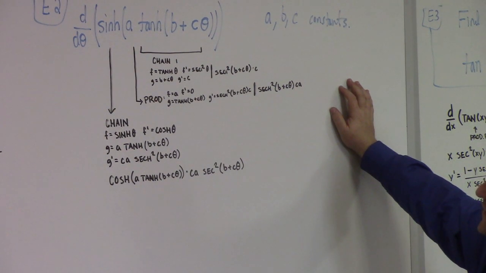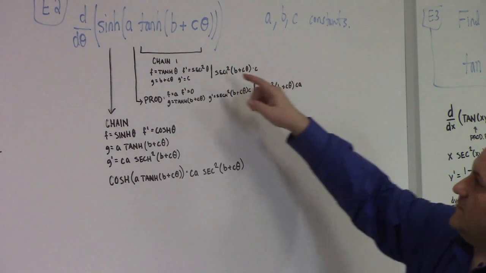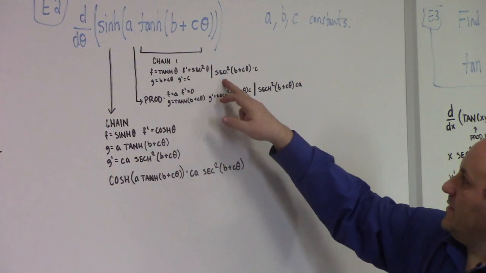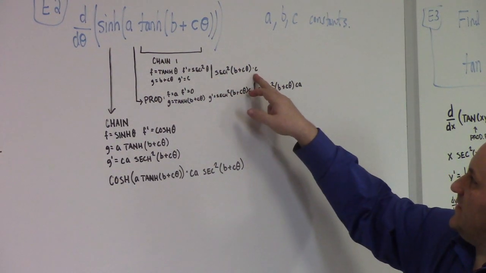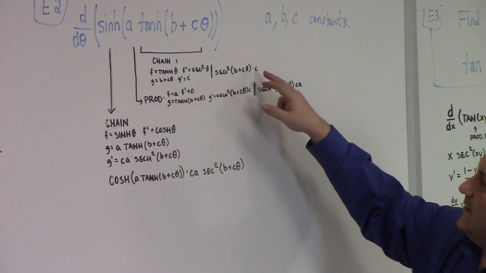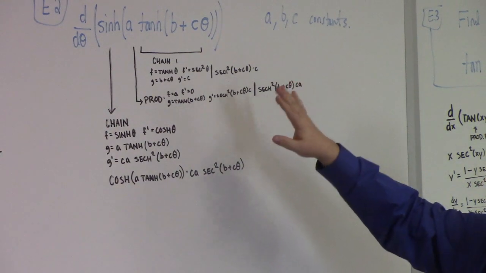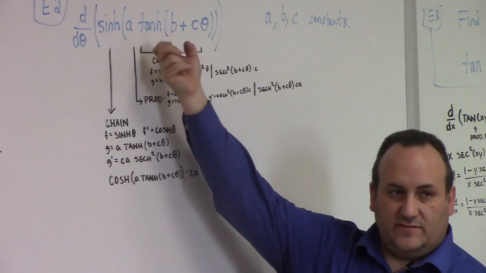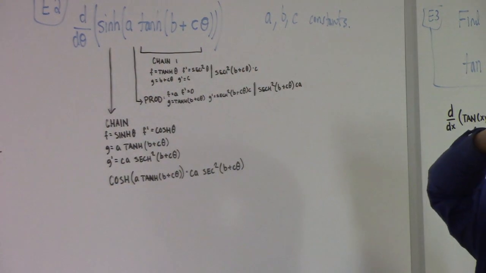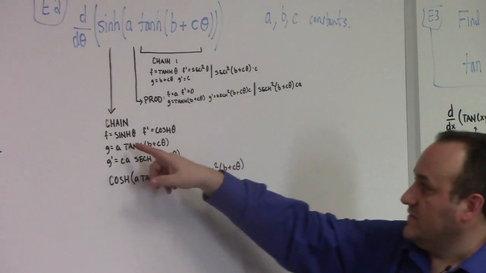Okay, the derivative of tanh is hyperbolic secant squared, agree? So the derivative of that function is hyperbolic secant squared times c. Very good. Product rule you don't need here because a is a constant, so there's no need for product there. Derivative of sinh is cosh.